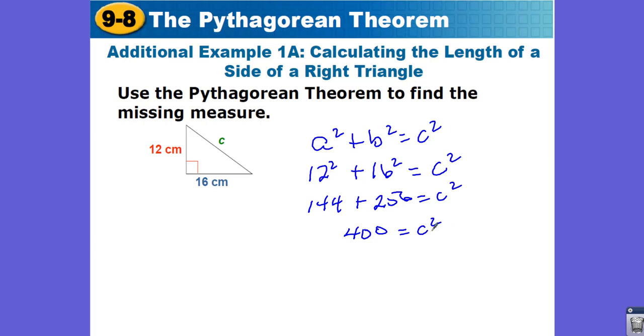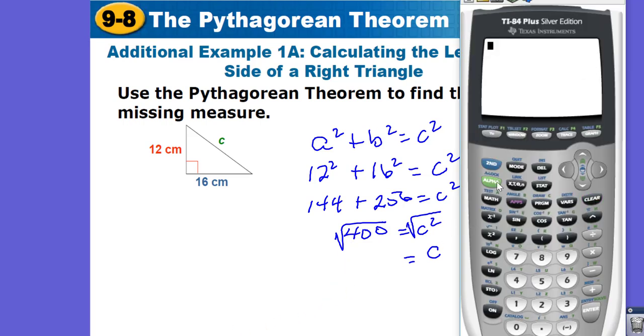Now I don't want c squared out of this, I only want c. Okay? So in order to reverse c squared, we learned that all we do is we take the square root of that, because the opposite of squared is square root. So the square root of c squared is c, and the square root of 400, if we go back to